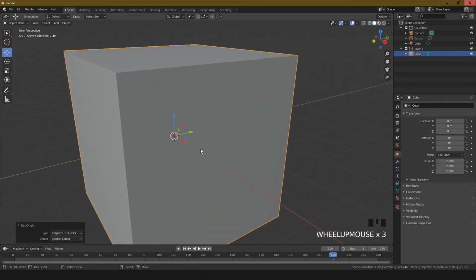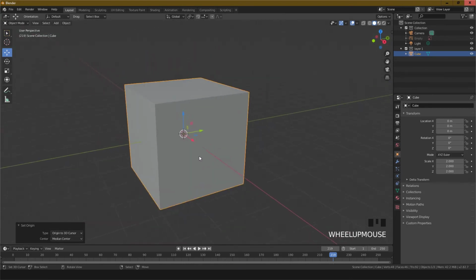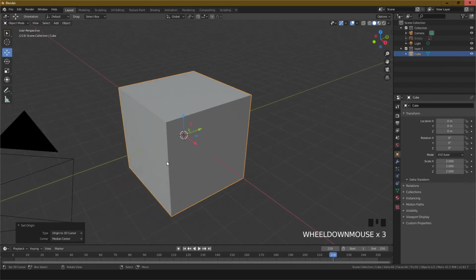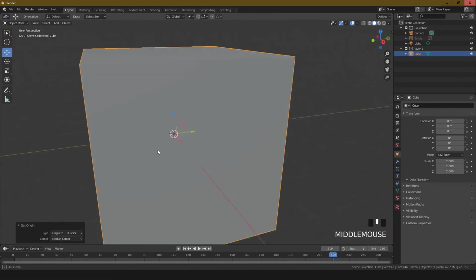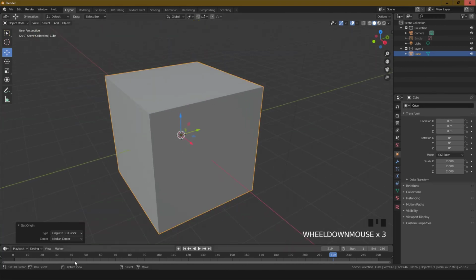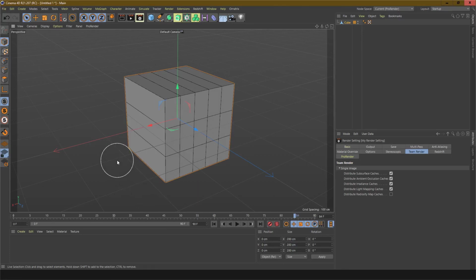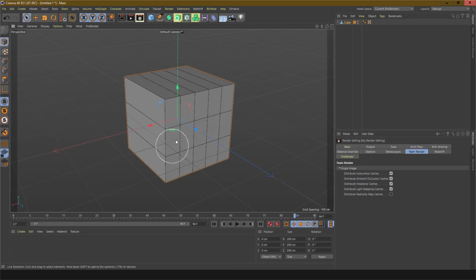Set the origin in the first position. You can set the origin. This is how to change the origin in Blender. If you want to change the origin in Cinema 4D, it is easy, but in Blender it is quite difficult. If you want to do it in Cinema 4D,